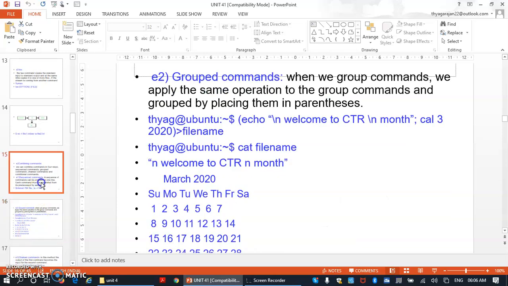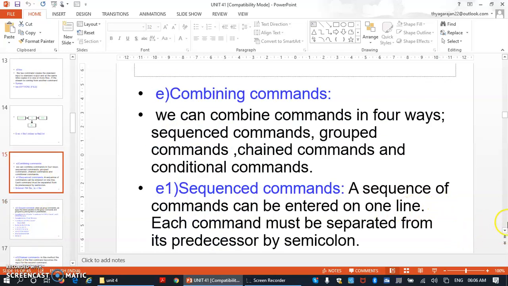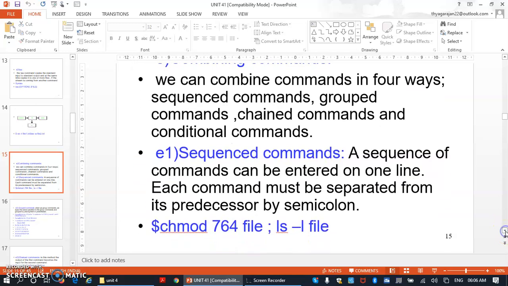Alright, so take for example chmod 764 file; ls -l file. Here we know that chmod, change mode, changes a file's permission. So here I have a file, so